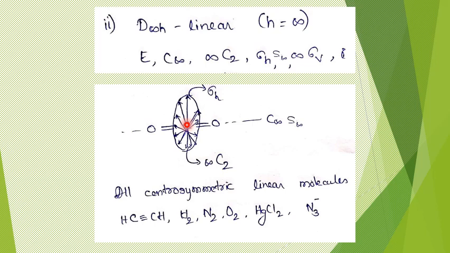Now see, along with that, it's not just one i; so many other symmetry elements automatically come. One such is this sigma h. You can imagine a plane which is perpendicular to the axis. That plane will be considered to be sigma h, which exactly divides the molecule into two parts. So that's sigma h.